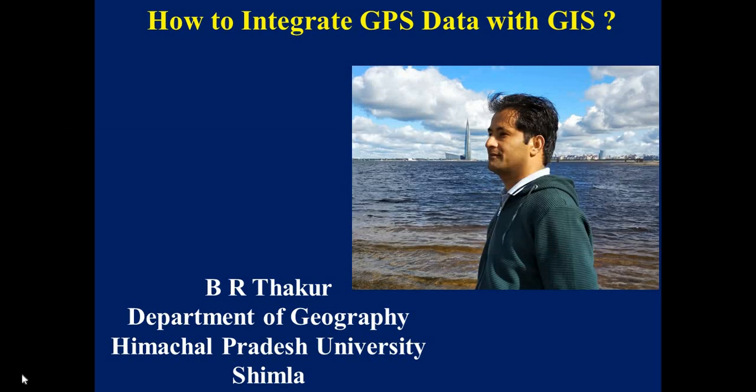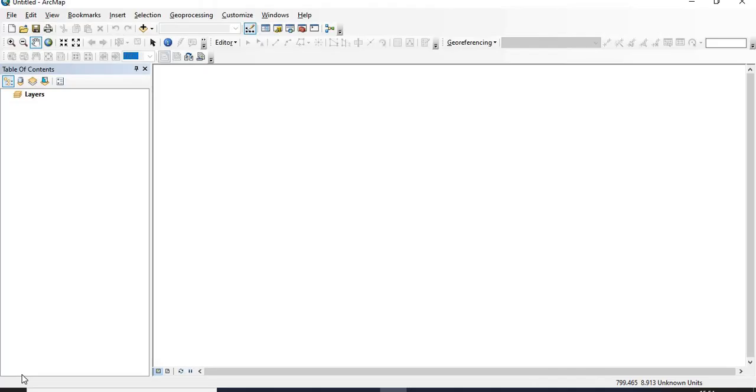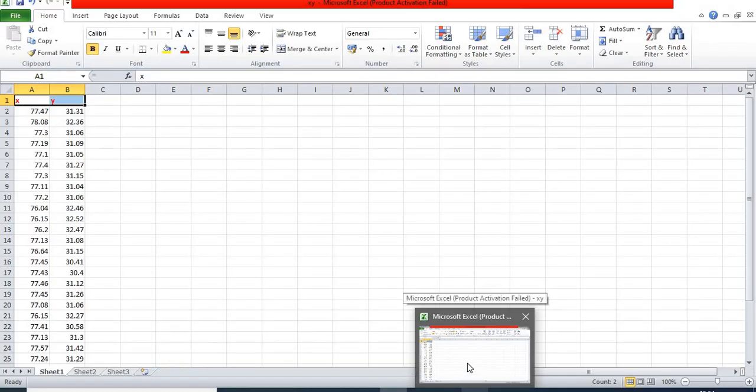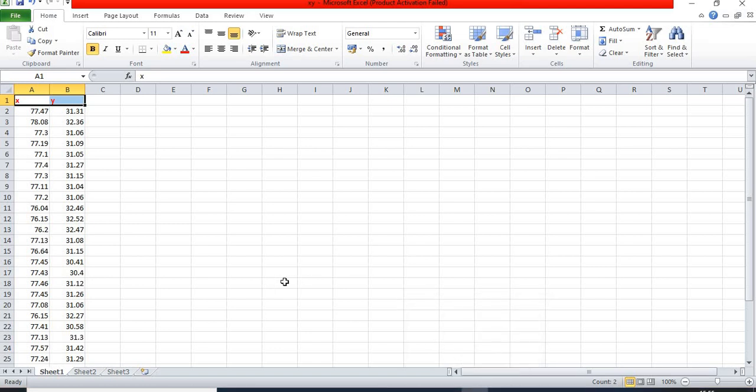So let us see how it is done in the ArcGIS. So friends, first of all, what one has to do is feed the X and Y values in the Excel sheet.